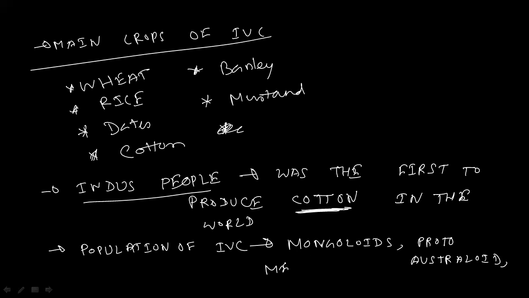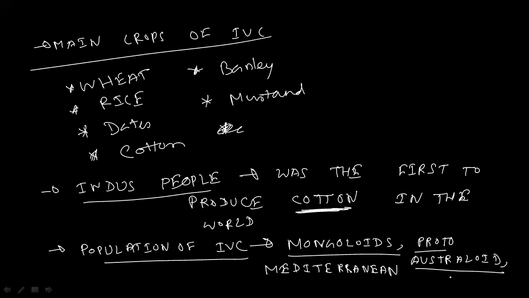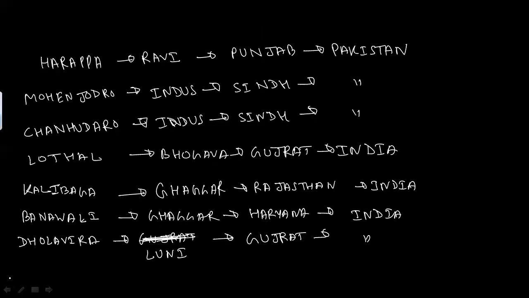And Mediterranean. So the Indus Valley civilization population comes from Mongoloids, Proto-Australoid, that is the present Australia, and the Mediterranean region. Now, just now I have discussed that the Indus Valley civilization belongs to the